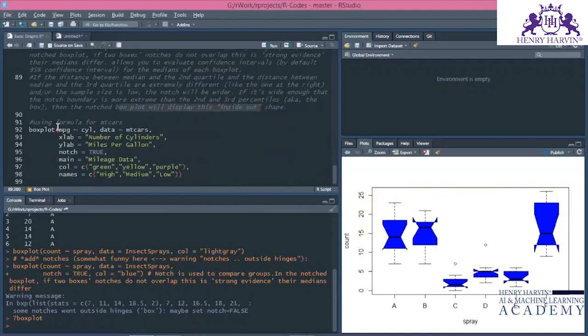Let's go for one more example using the mtcars data set. Now I am saying MPG with reference to cylinders. The data set is mtcars. I am giving the name of my x-axis as number of cylinders and y-axis as miles per gallon. Notch is true, so the shape should be like inside out and they should overlap. The data should overlap, which means the medians are the same for the data, and the title will be mileage